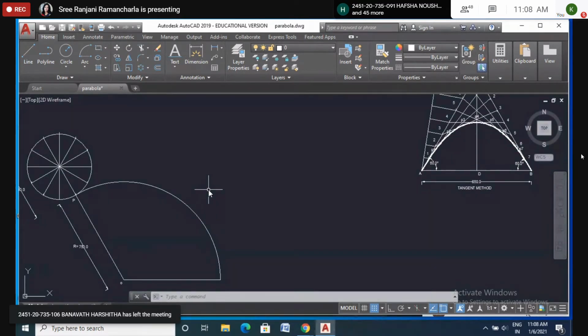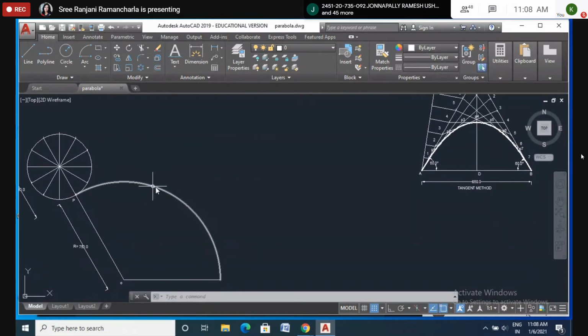So here what you have to do? Here you have to do a trial and error method. Try to understand here. Please see on the screen, all of you. Put your pencil or pen on the table. Don't hold it. Just see on the screen. Please try to understand how to make equal parts with compass. This curve, you have to make into 12 parts, right?